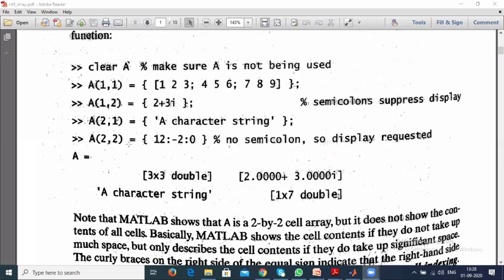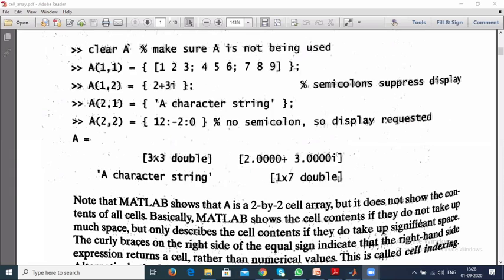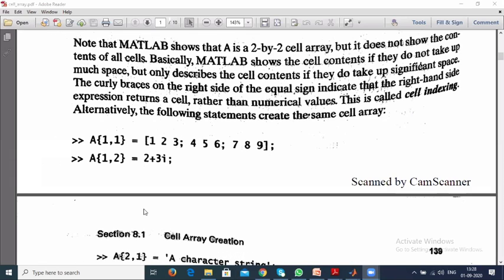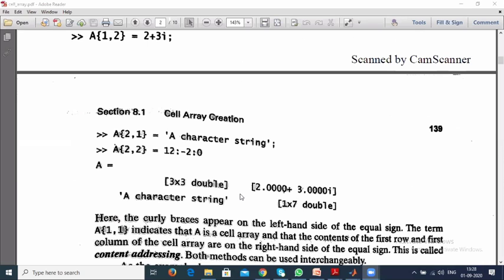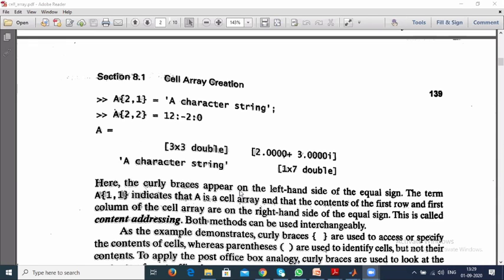That's why we are directly assigning the values. When you go for the content directly, we assign it. It will display the same thing, but we call it content addressing. This is content addressing. Previously, it was self indexing or self addressing.